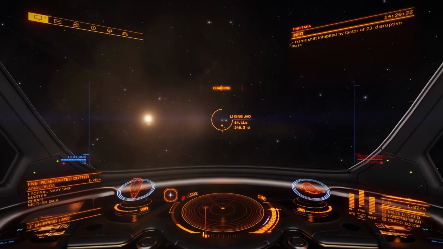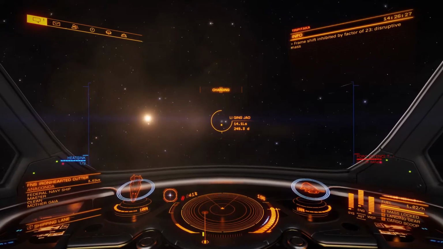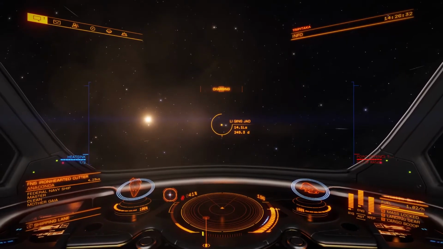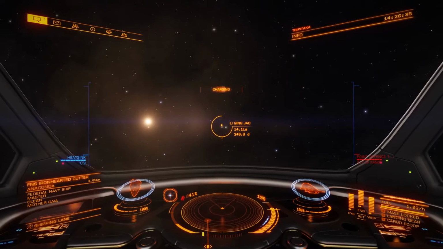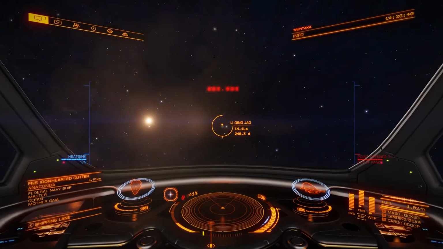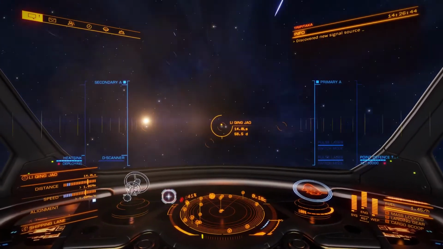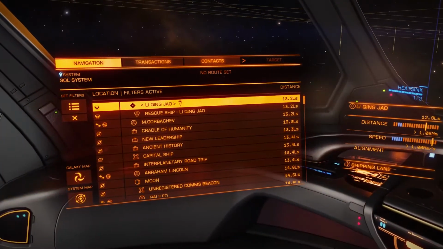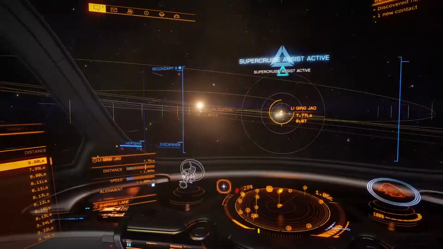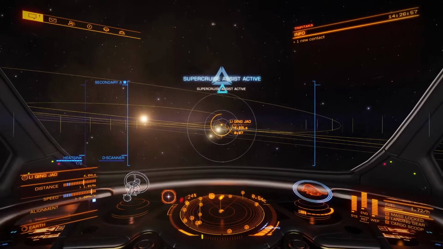Factor of 23 disruptive mass. Like what? Nothing's that close to me. Why am I being... what's disruptive mass? What? Oh, we're back on track. See what the crack is with this